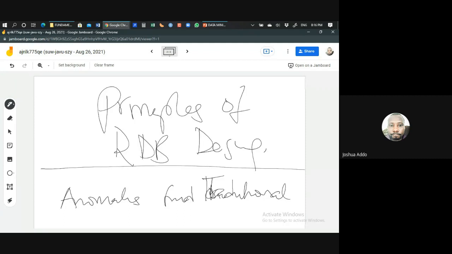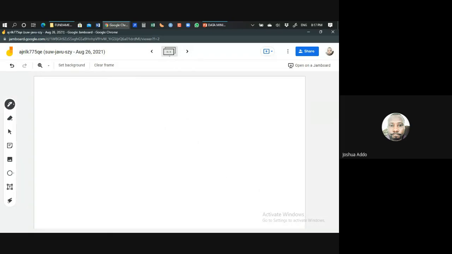Those kinds of challenges should be removed so that we get a very good structure for data that supports all the deep kind of learning we want to do. So that's the key idea behind the principles: how we structure the data to remove all the challenges with the traditional data management systems. So let's run ourselves through the principles of table design. In this case, we can be specific. Table design